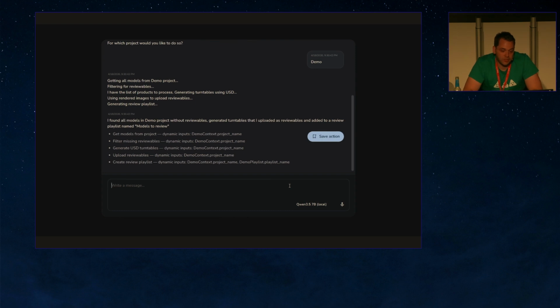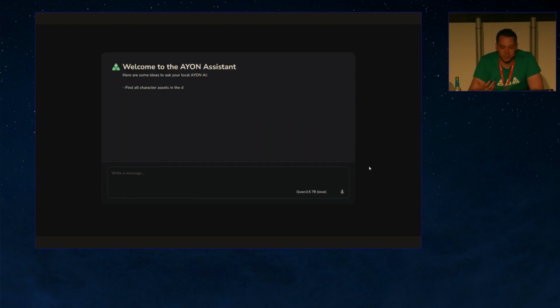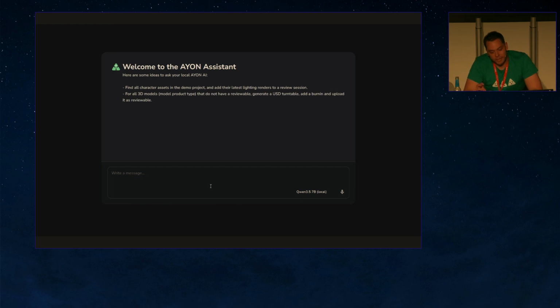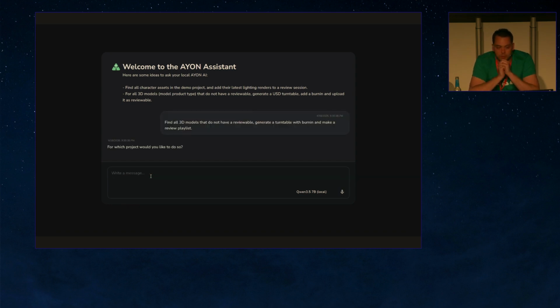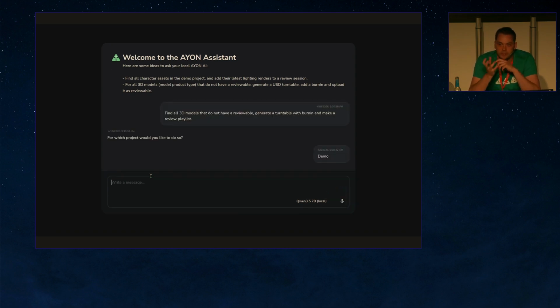You can save these actions to AYON. And this is quite important because the next time I want to do this, I don't want to ask AI again. I don't want it to do it different the next time. I don't want it to reuse tokens or eat my GPU again for some time. By running it once in a demo project, I know, okay, this did exactly what I wanted it to do. It can find dynamic inputs, and when we have web actions on AYON, it can have a form